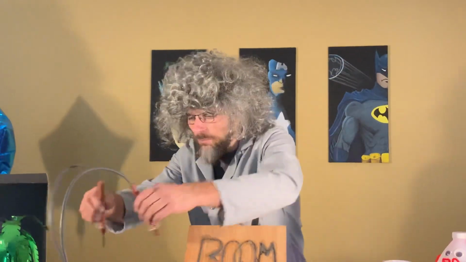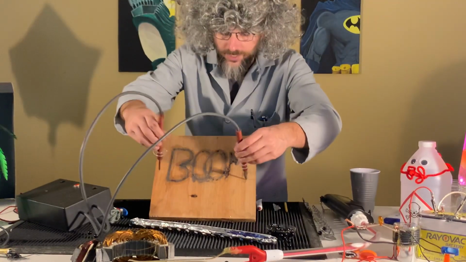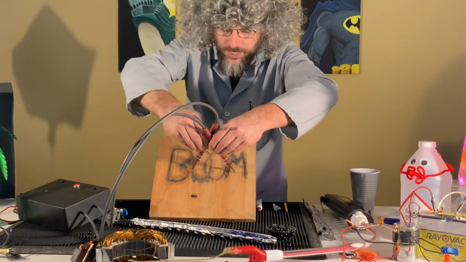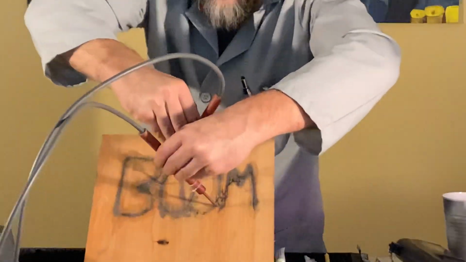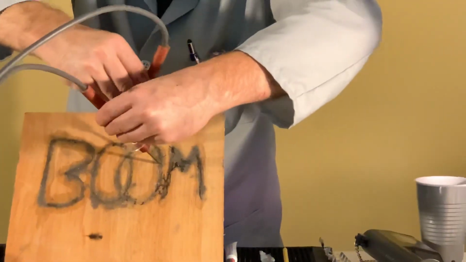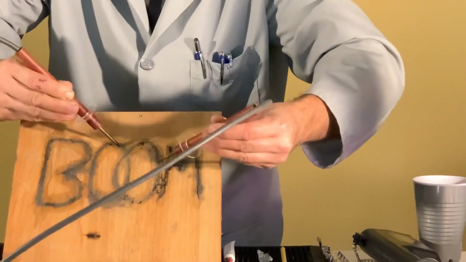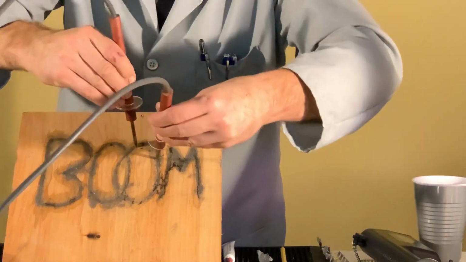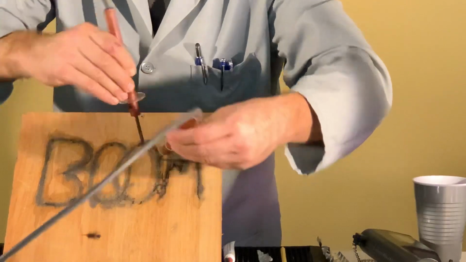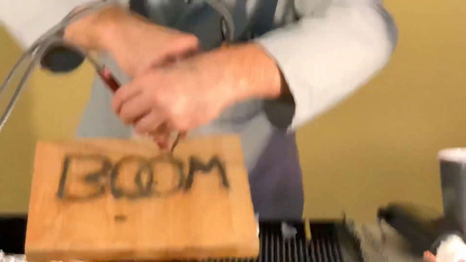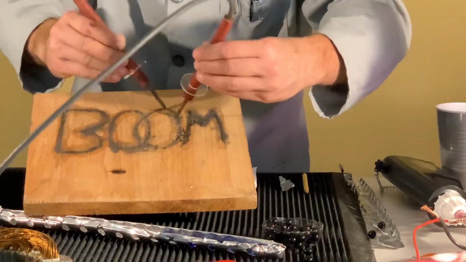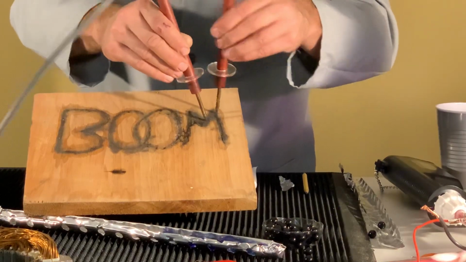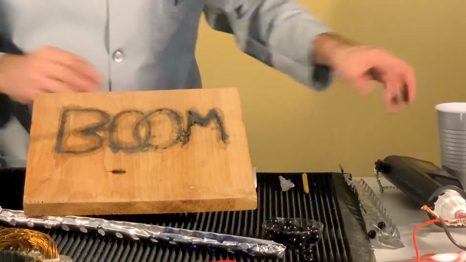So, if I can show this, let me see if I can do this. If I connect this to the board and I point them away from each other, and I bring it together, nothing really wants to happen. But when I turn them toward each other, it gets a little bit more action. It's actually kind of interesting, but the more that they point toward each other, whoop, there we go, the easier it is to get that spark to go. Sometimes. I think the board may be a little bit dry now, so it's dried out. So what I did was I put baking soda into water, and, first, let me